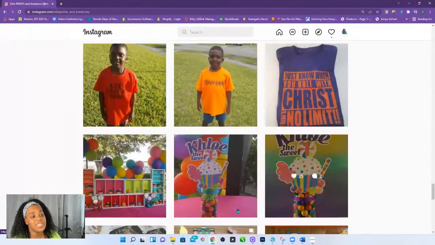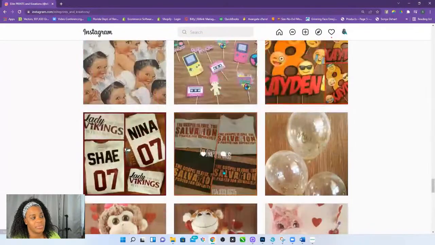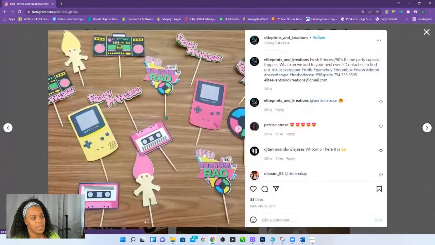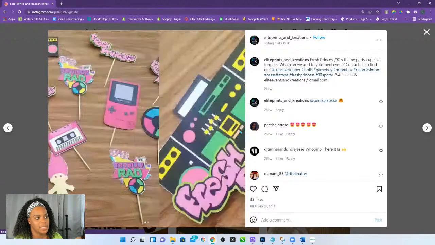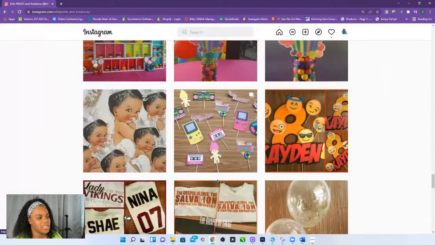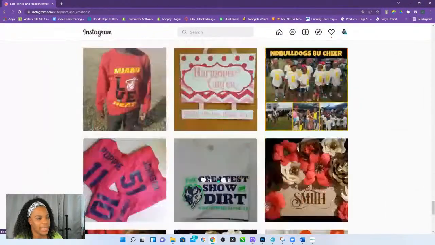Oh, you can still see some of my shirt styles on here too. There is the small one for the cupcakes. Oh, it didn't make my Instagram. Aw, dang it.